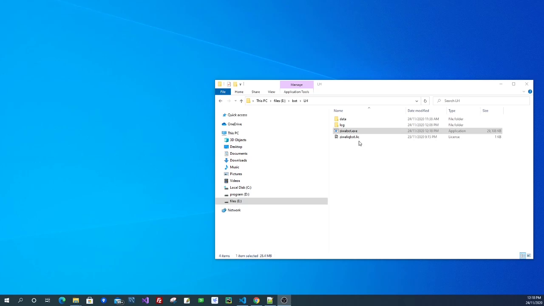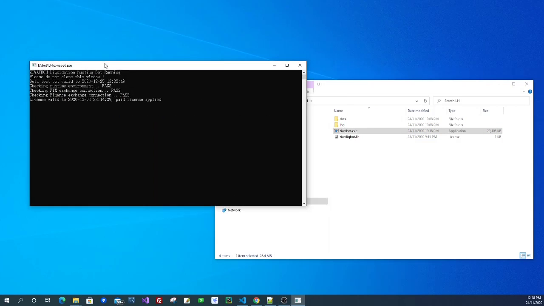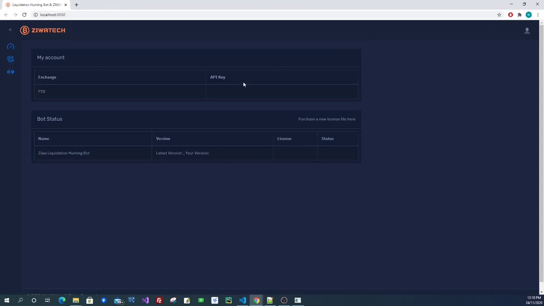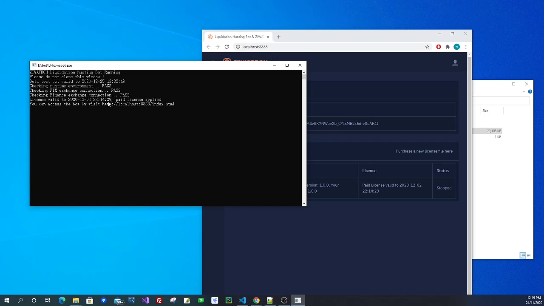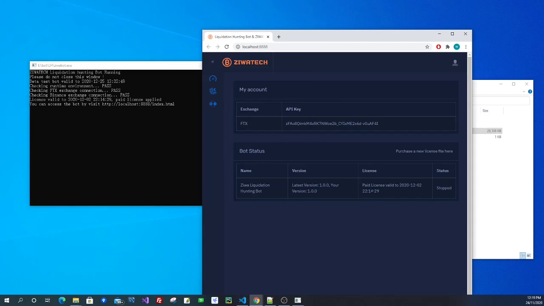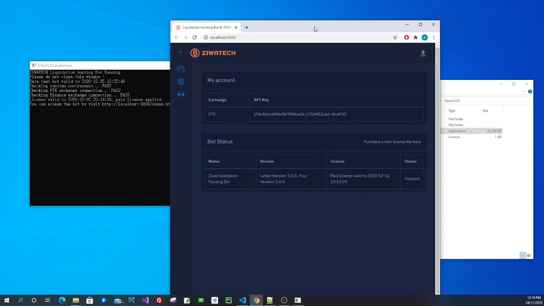So after you put the license file here, you can even just double click this to run the bot. You will see it says license valid, paid license applied. And the paid license and the free license show differently here as well, and also in here. And one important thing you need to know is,